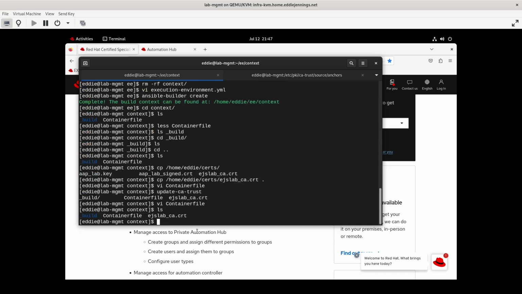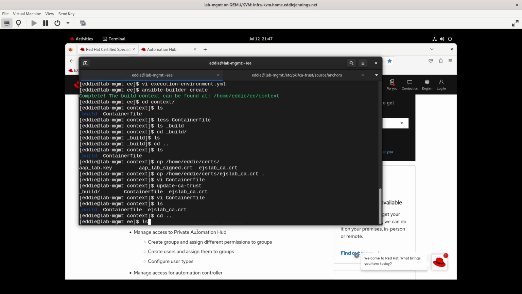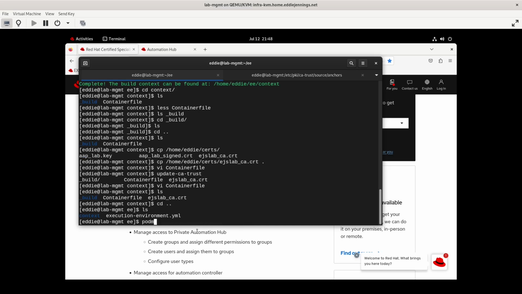All right, so now we can do our podman build container file. Oh, I think we go up a level with this. Yeah, podman build -f container file, context directory. I'm misremembering some of my Podman stuff. Podman's not something I touch and deal with all the time. And the tag is going to be